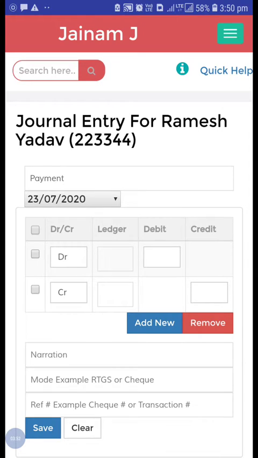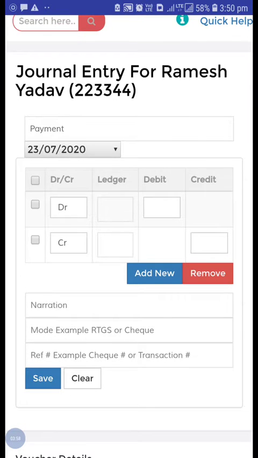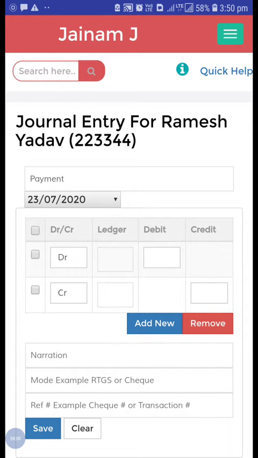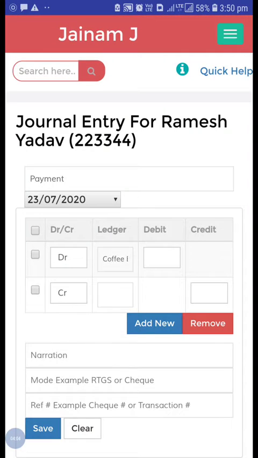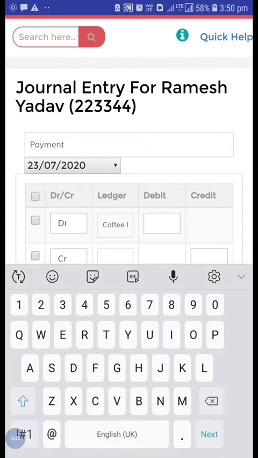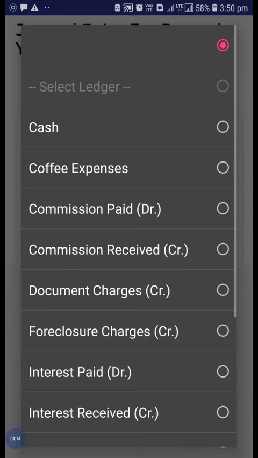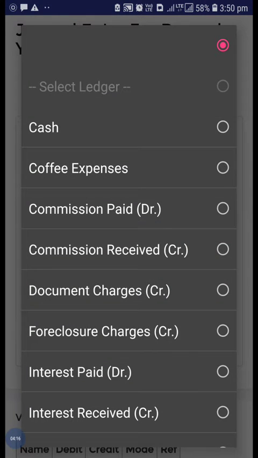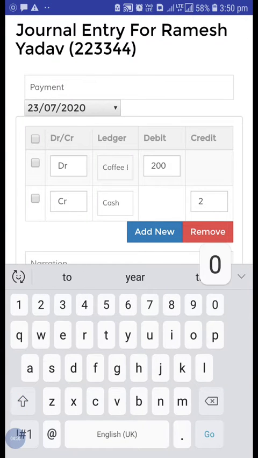and now the payment we received or payment we paid. Okay, payment we paid for coffee expenses. So coffee expenses will be, let's take 200, and cash 200,